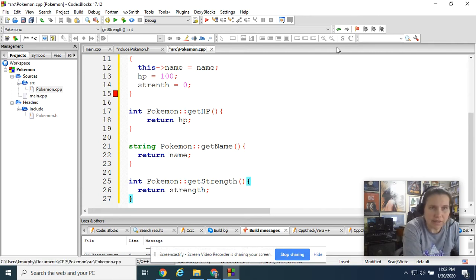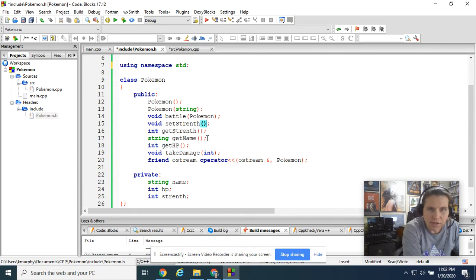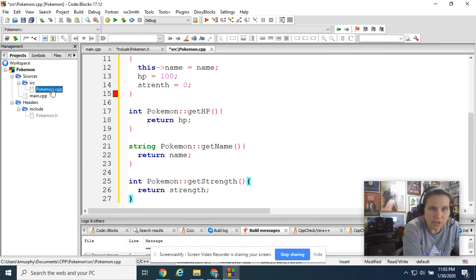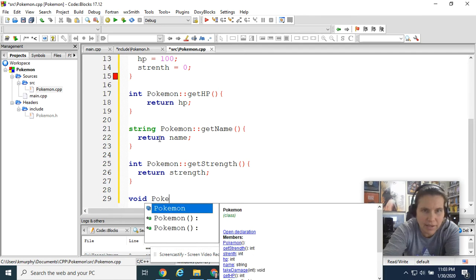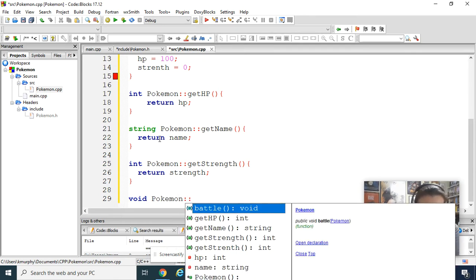Let's go back and check our list on what we've done. Okay, so I've done all of these guys. Set strength. Let's set our strength. All we're doing is setting it equal to a random number. So here we go. Setters are a void type. I still have to have my Pokemon::